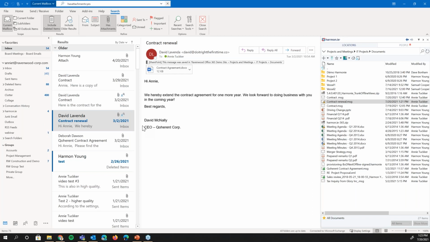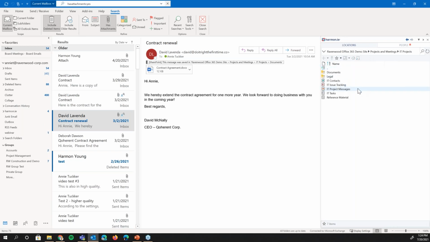So what we're going to do now is look at how you discover information. Capturing information and classifying it for information management is important, but if you can't find the stuff, you've only done half the work. So let's see how we make this really easy to do. We're going to go up to this folder and start searching for information. Harmony has a fantastic search capability built into it. So I can just search by